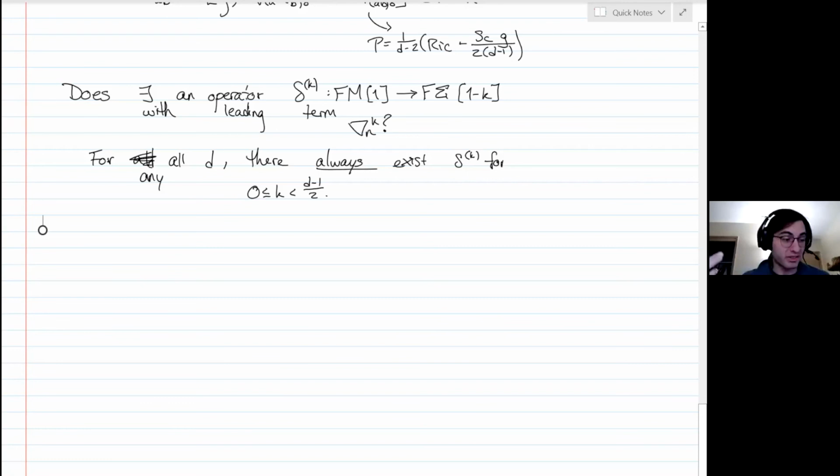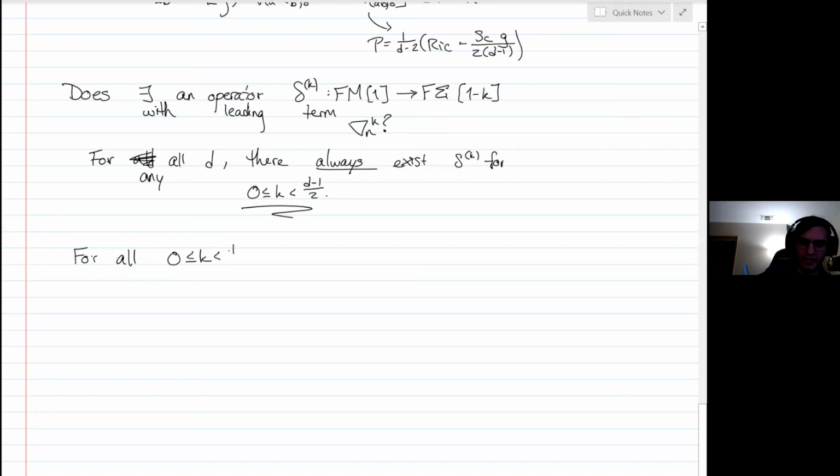Computing these things gets messy, but there is some explicit iterative formula that I've written down. It's not that great, but it is what it is. You can do this in general up to this value of k. So with this operator, we can actually define the conformal fundamental forms, the subject of this talk. That is, for all 0 less than or equal to k less than d minus 1, we define the conformal fundamental forms. I'm going to call them CFFs, because I don't want to write out all the words. So we will call the k plus 2th fundamental form